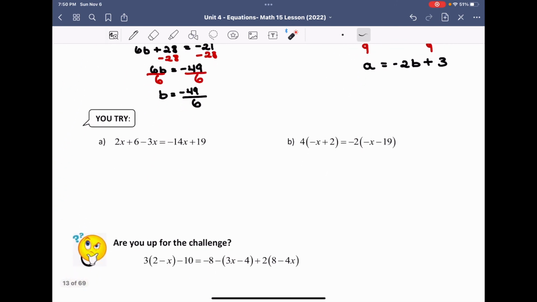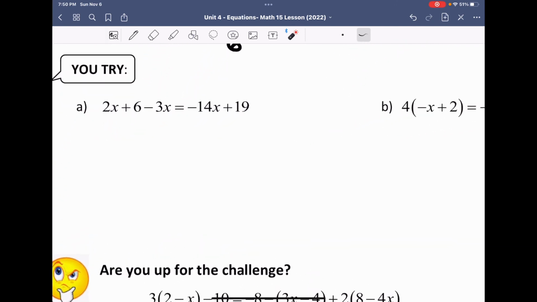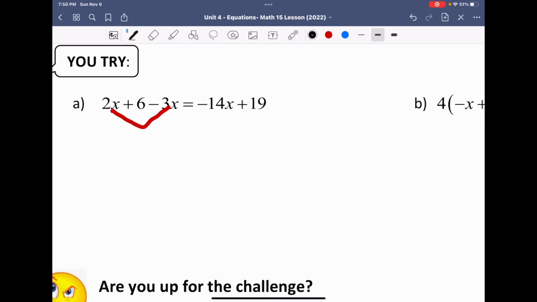Okay, the you try section, let's walk you through it. So we're going to combine our like terms if possible. In this case, we have a 2x and a -3x. This becomes, on the left-hand side, -1x plus 6 is equal to -14x plus 19. Now, I know that it's more negative on the right-hand side for the x's, so I'm going to